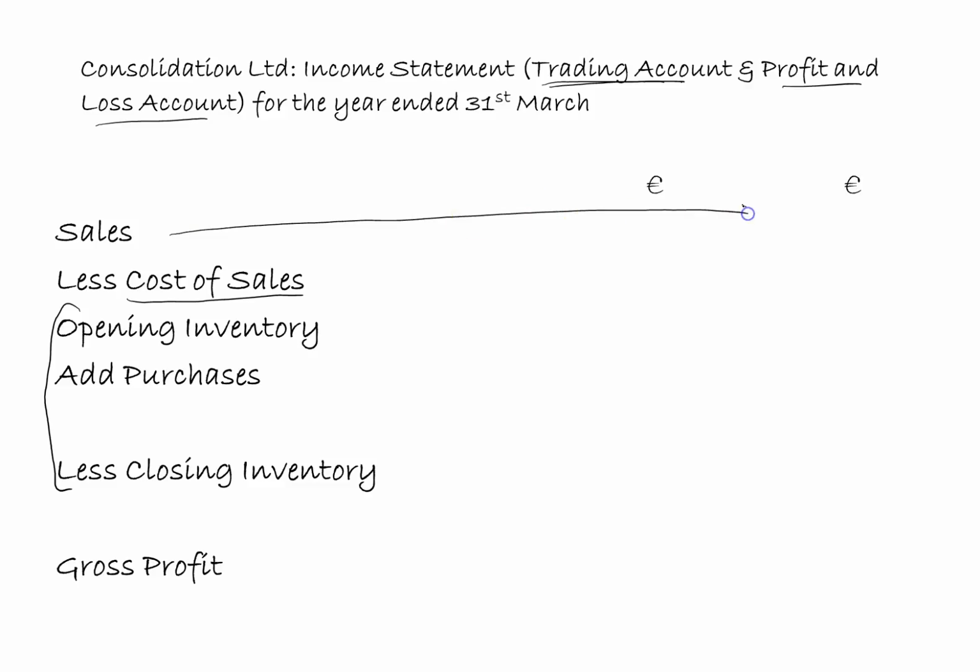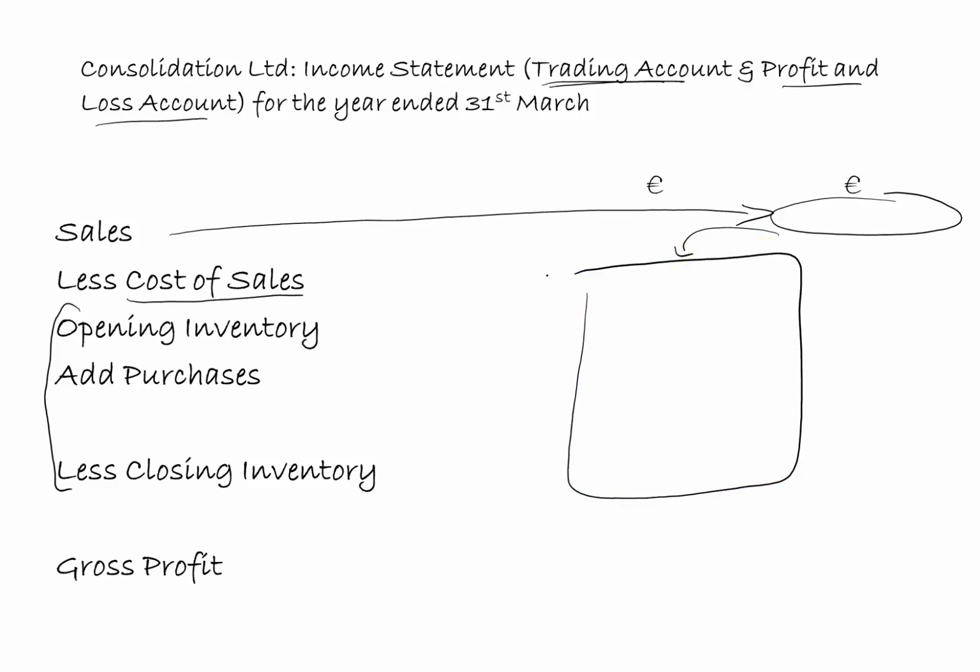Now I'll write the sales figure over here, put the figure in there, and then I'll step in here and I'll work out my cost of sales, or if you prefer you can use the term cost of goods sold. So when I have that, I'll bring it out here, line it up underneath the sales to get my gross profit. So just popping in those figures, 240,000 is the sales figure, the opening inventory 28,500, add on the purchases,